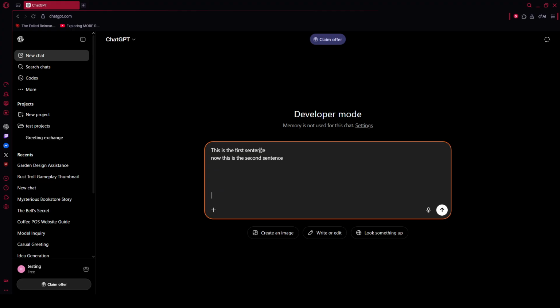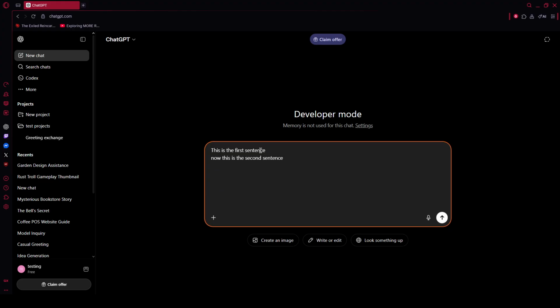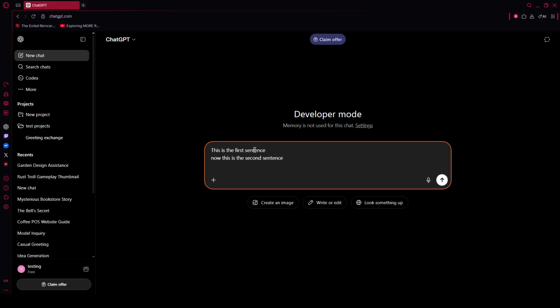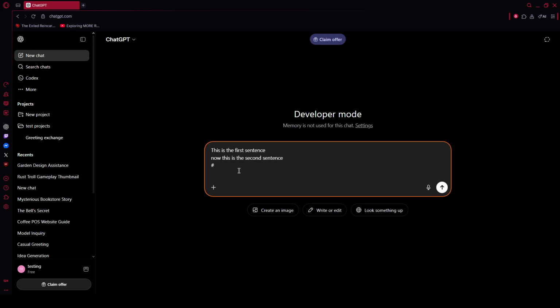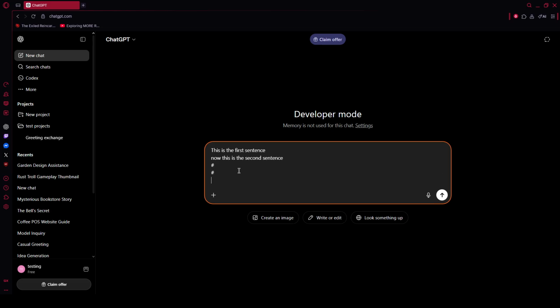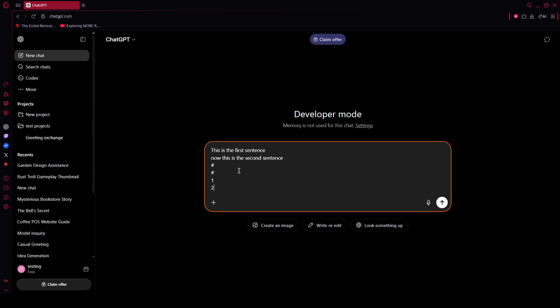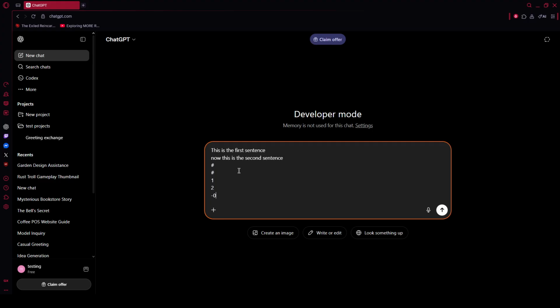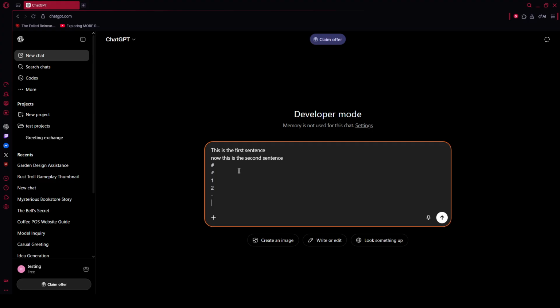If you like visual structure that the AI can quickly recognize, you can also format lines with simple symbols. For bullet points, begin a new line with an asterisk or a hyphen. For numbered lists, start lines with numbers followed by a period, like 1., 2., and 3. And to divide sections, type three dashes in a row to create a clear horizontal break. These markers don't change how the Enter key behaves, but they do make long prompts easier to scan and help